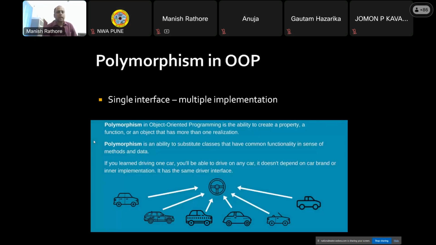So that is single interface, multiple implementation, like a steering wheel. So steering को आप टर्न करोगे राइट में तो कार राइट में जाएगी, लेफ्ट में करोगे तो लेफ्ट में जाएगी. अब इसमें मारुति वाले का मॉडल अलग है, टाटा का मॉडल अलग है, हुंडई का मॉडल अलग है, लाइक दैट।